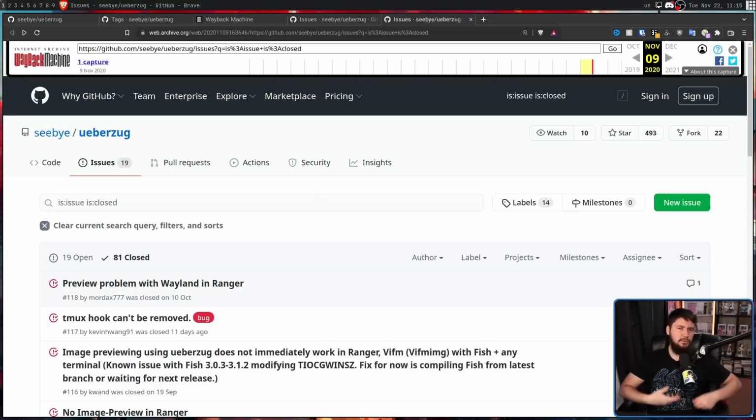Now, I wouldn't call any of what I've seen in here harassment, but what I can say is there is a lot of people basically asking for free support. The GitHub issue tracker is supposed to be for requesting features, for discussing features, for reporting bugs and things like this. It is not for you to go to start asking the developer how to set up the application when